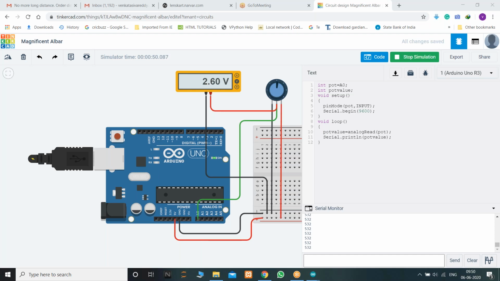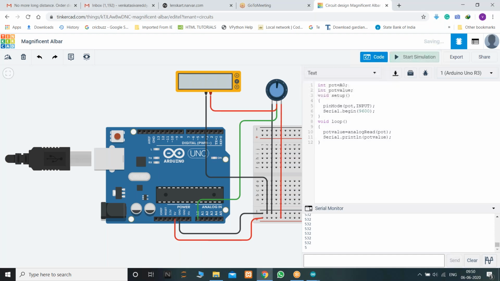So let us work on analog output also. We do have 6 analog output pins, 6 PWM pins, right? What are those 6 PWM pins? Please do respond. What are the 6 PWM pins that we have on the Arduino board?